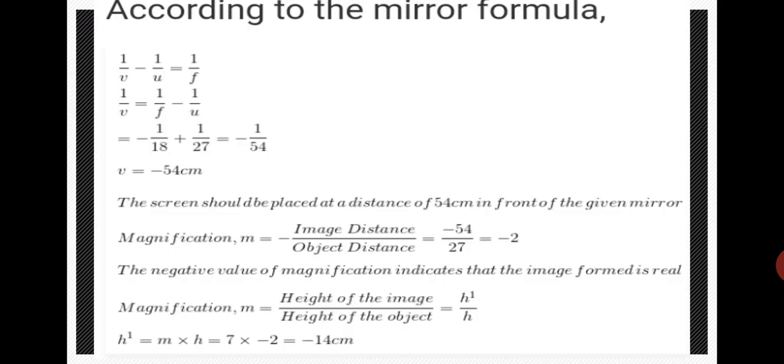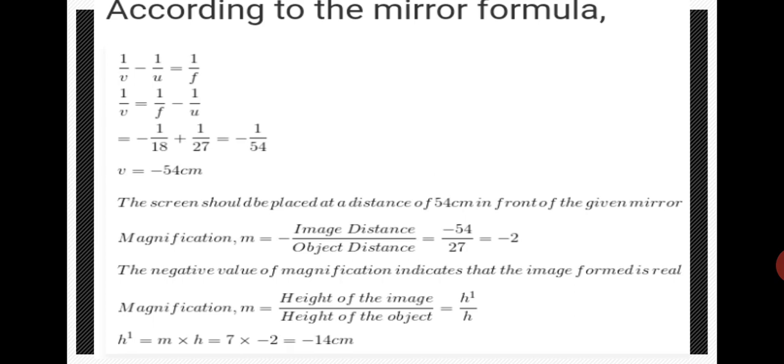So here again you have to use the mirror formula. 1 by f is equal to 1 by v plus 1 by u, and 1 by v is equal to 1 by f minus 1 by u. So from that, by substituting the given data, we get v is equal to minus 54. Now it is understood that the screen should be placed at a distance of 54 centimeter in front of the given mirror. And using the magnification formula, we get the magnification as